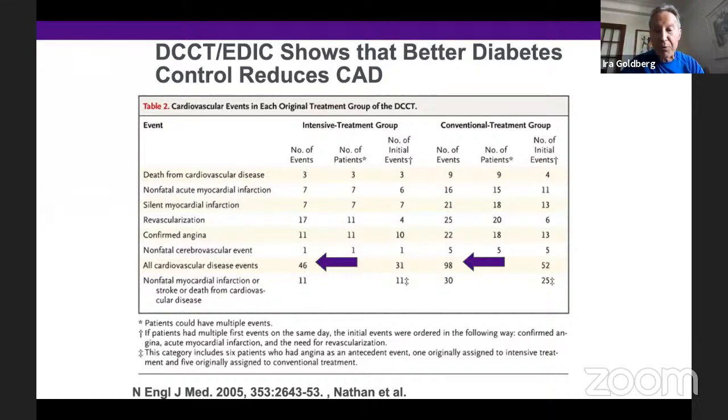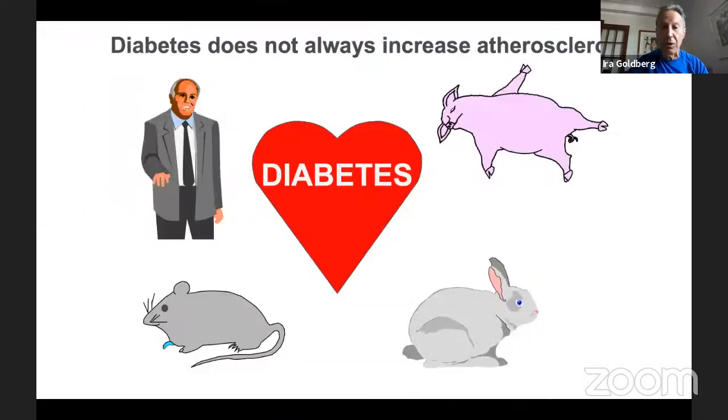even though at the end of this trial, hemoglobin A1C was the same between the two groups. I think the most impressive thing about this trial actually is that the event rate is decreased by 50%. 50% is actually better than any lipid lowering or statin trial has ever achieved. So this is remarkable, and is the reason that people with type 1 diabetes, the major way to treat them